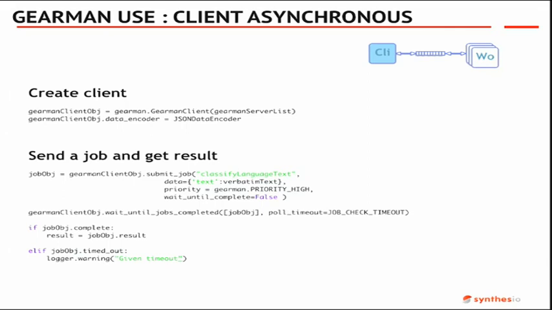You just put a simple check, and you can go through your list, iterate, and see which ones are complete. So if it's complete, you get the results. It will be the result already. It's not in JSON format any longer. It's already your object, so another dictionary. Of course, on timeout, you just create a warning, do whatever you need to do in this case.